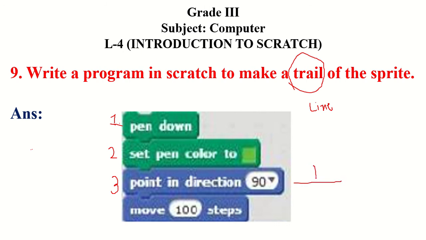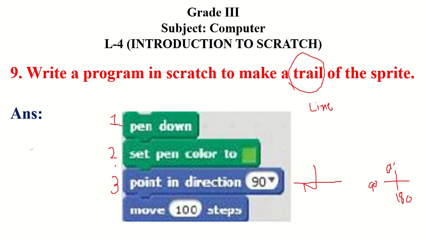I told you that we have four directions, and for each direction we have a number: 90, 0, 180. So if we want to go up, then the value is 0. If we want to go down, then the value is 180. So in this way we have different values for each direction.